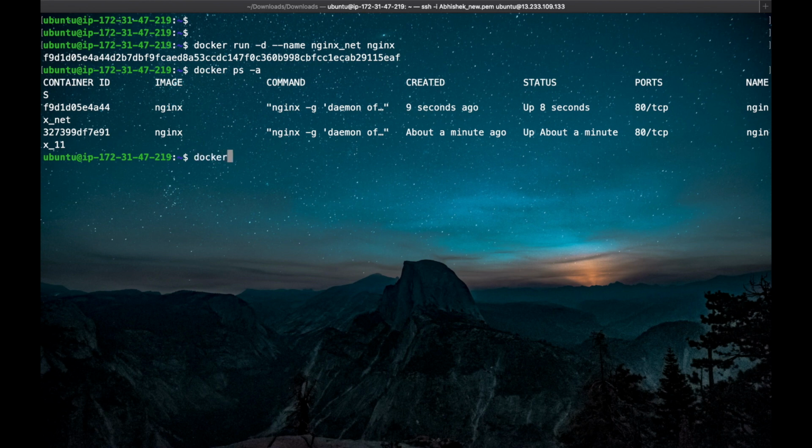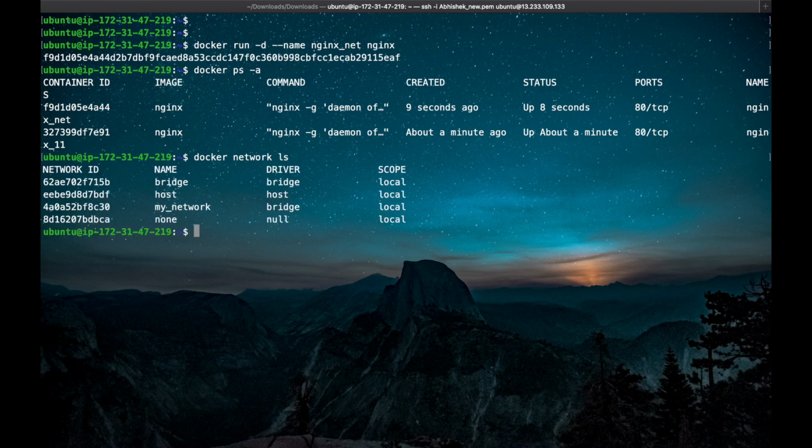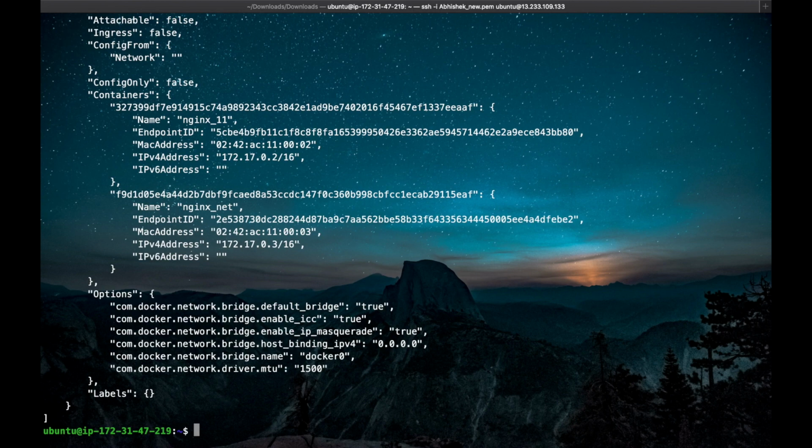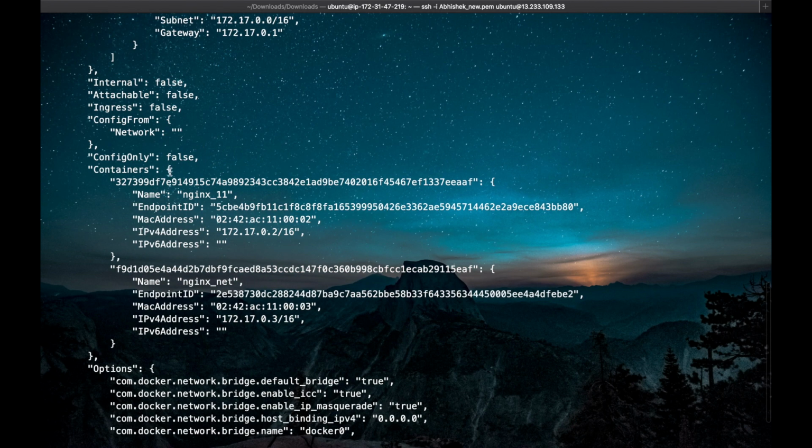Let's check the inspection of the bridge network. The command is docker network inspect bridge. Once we execute it, we can see that two containers are pointing to the bridge network.